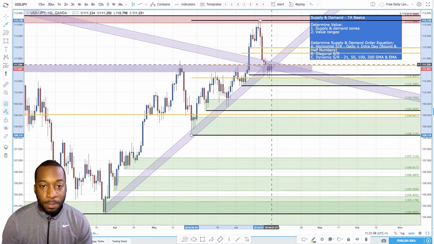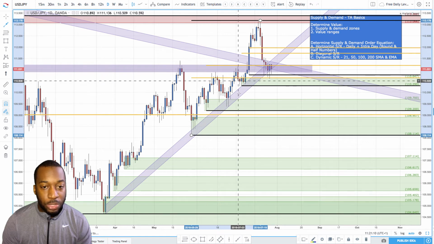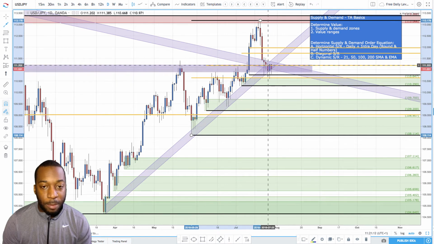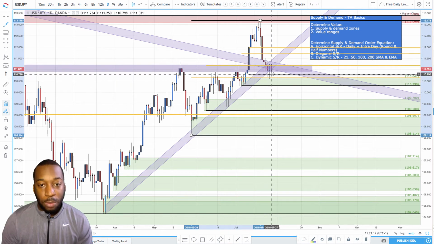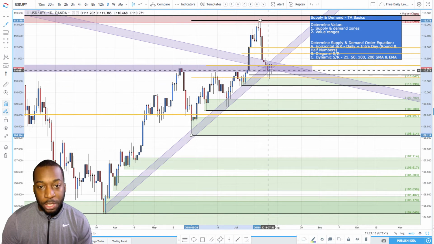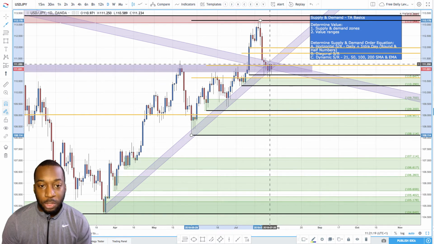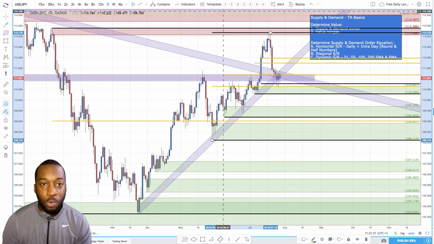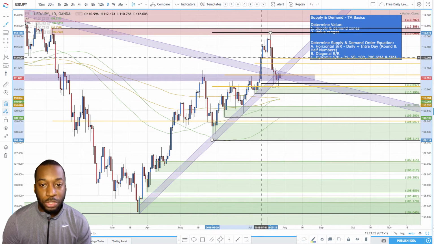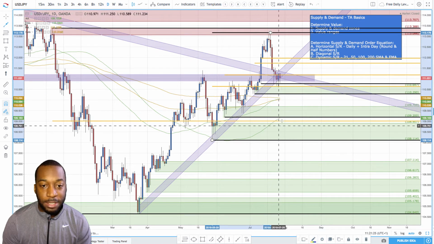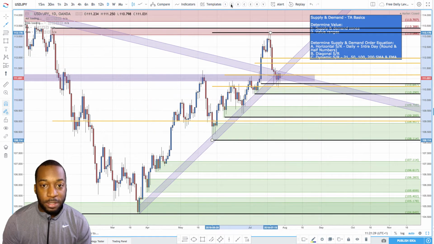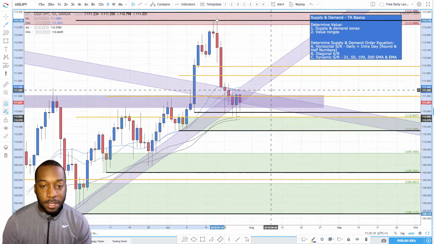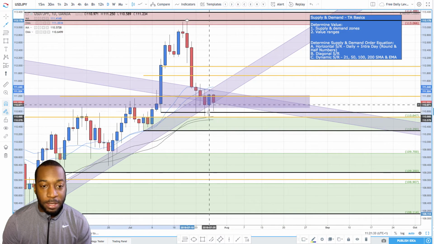We've got 1 touch, 2 touch, 3 touch, right? And now we've come up into here. There's going to be some demand here potentially from trend traders who are trading trend lines. And then we get dynamic support and resistance, which is the 100 and the 200, EMAs and SMAs, right? We've got nothing there at the moment, but what we do have is the 50 EMA and SMA being touched